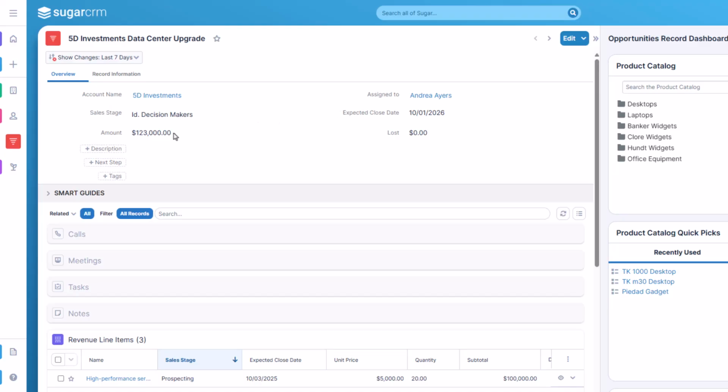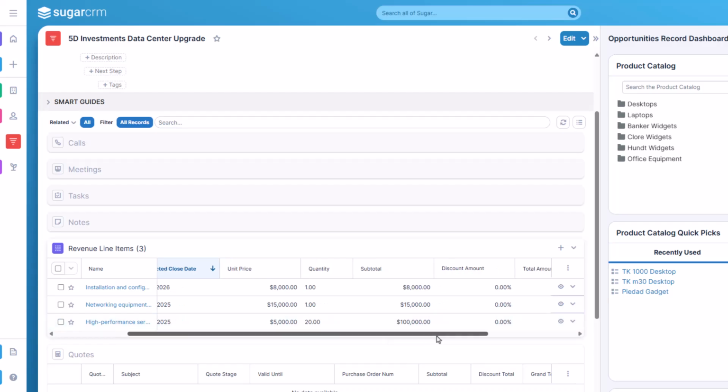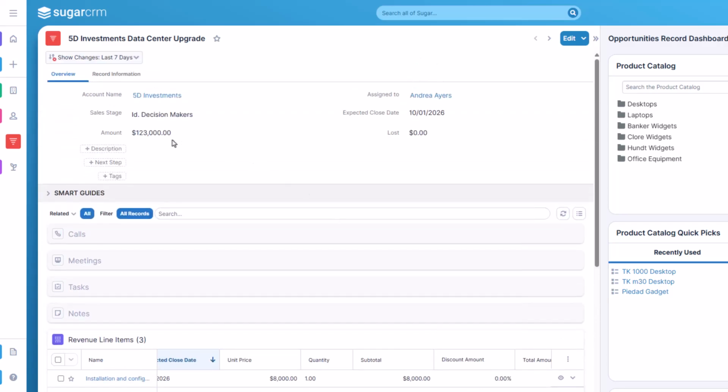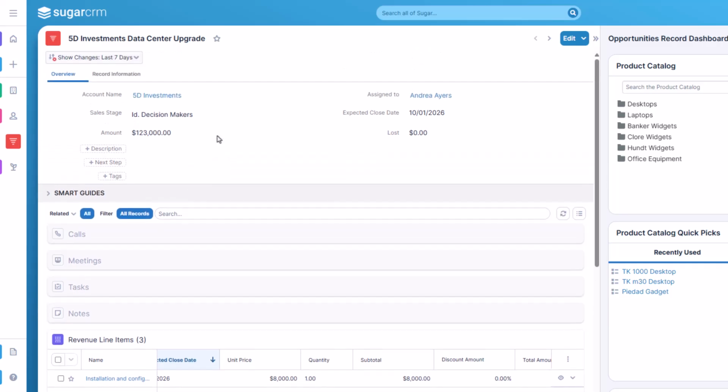When an opportunity includes revenue line items, it provides even more detail. Each line item represents a specific product or service associated with the sale. This allows for granular tracking, with each line item having its own sales stage, expected close date, and revenue amount. The total opportunity value is calculated by summing all its line items. Sales teams use opportunities to track and forecast deals, while finance and operations rely on revenue line items for accurate